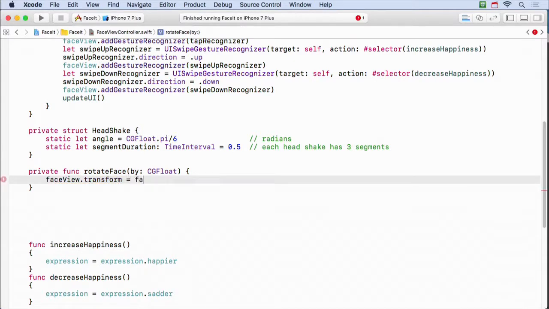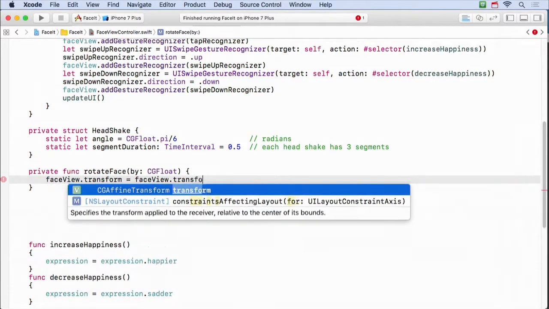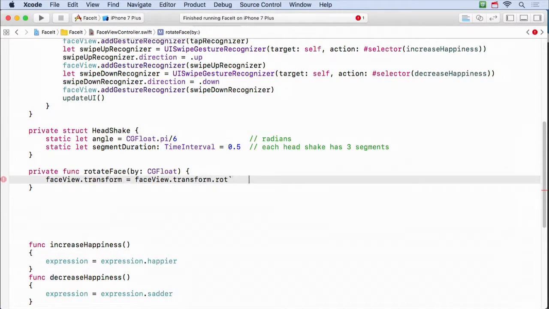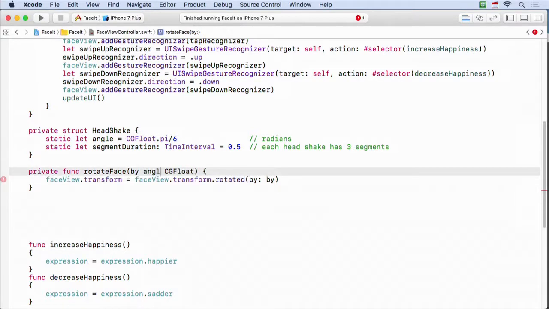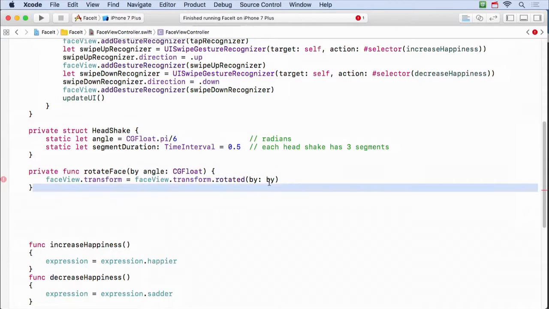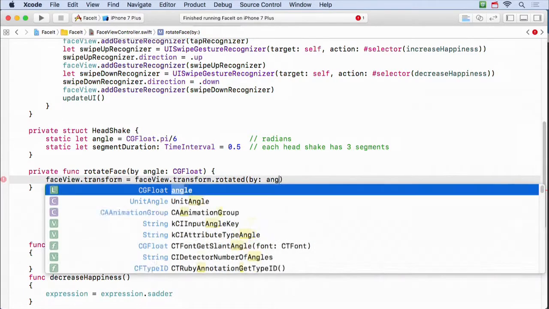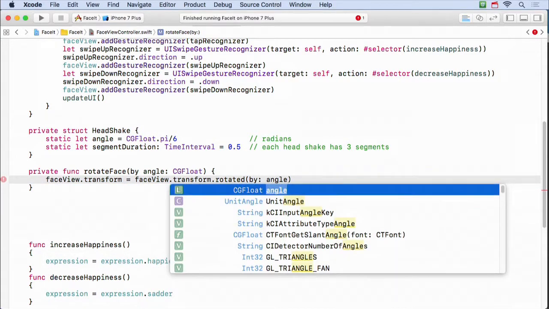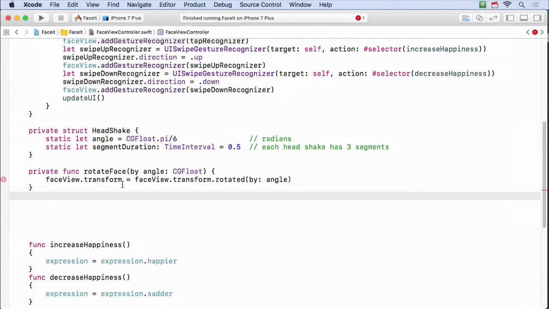And we're going to make it equal to the face view's transform rotated by that amount. Okay, let's make this a little nicer. We'll say by angle. Okay, so this is just a nice little function that rotates the face any amount of degrees.